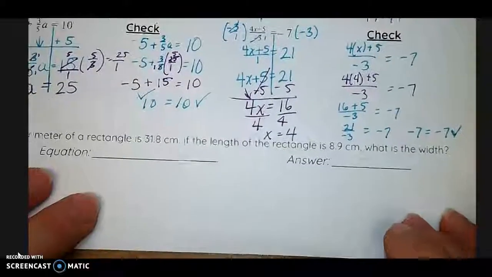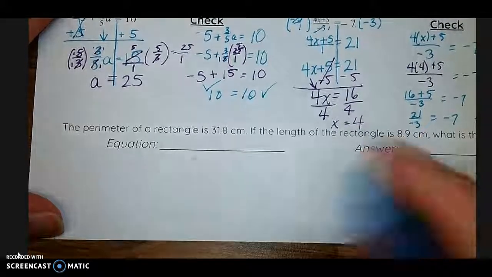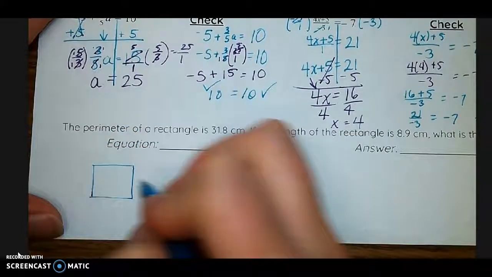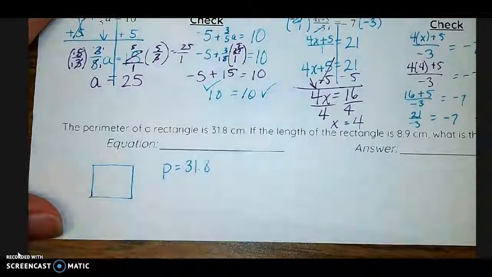Last problem, we're almost there. The perimeter of a rectangle. So I have my rectangle, and it tells me that the perimeter of that rectangle is 31.8 centimeters. And then it tells me that the length